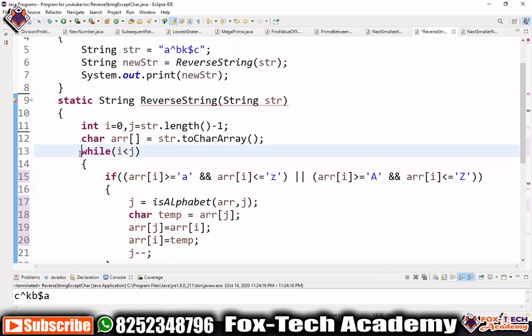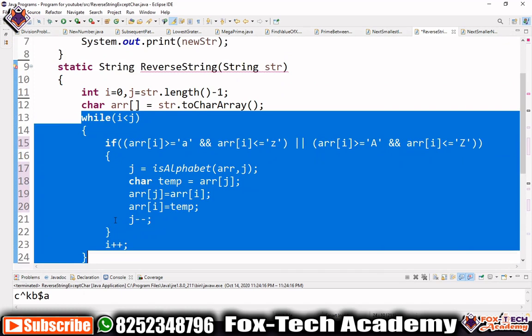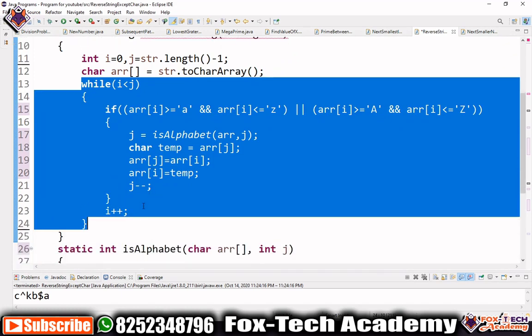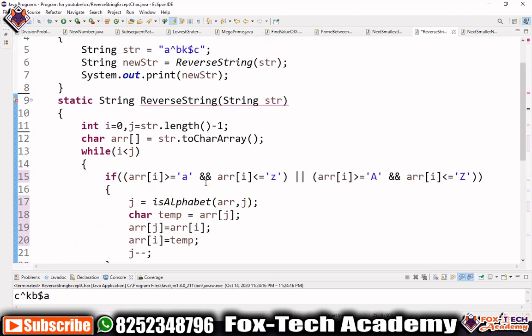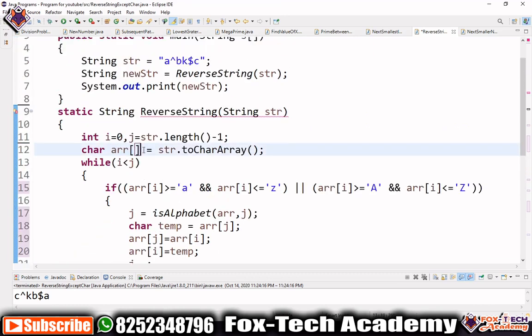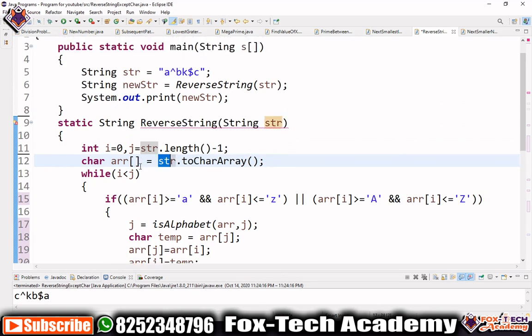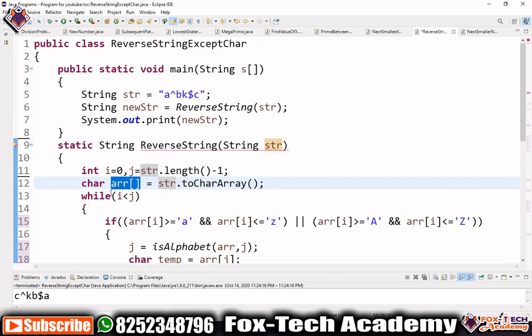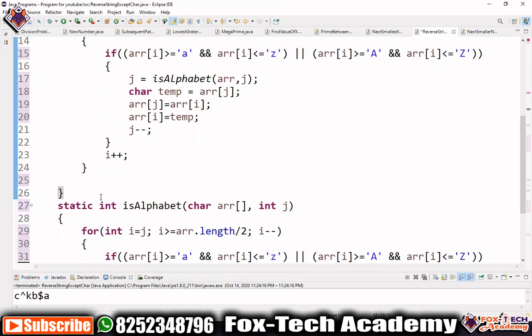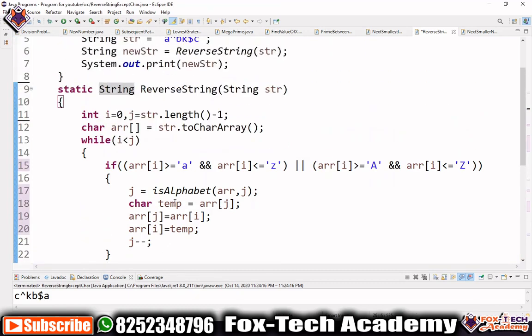Whenever this loop ends, it means that we have worked with each and every character of the string, and in the end we have to return a string. So we have to return this array, which should be the reverse of each and every element of this string. We cannot return this array directly, because we are going to return a string. So we will convert this array of characters to a string, then return it. We will use return new String and put the array inside this. This array will be converted into a string, and this string is going to be returned by that method. So this is our program.